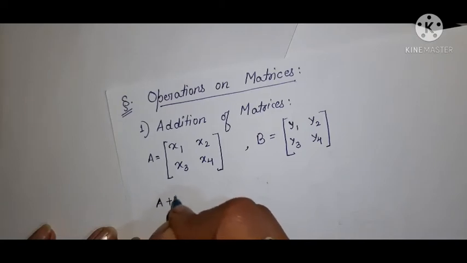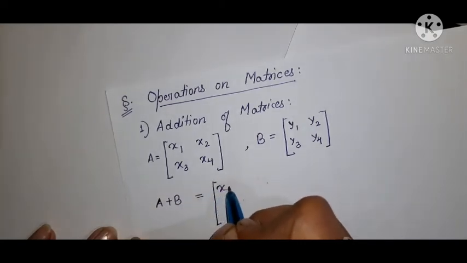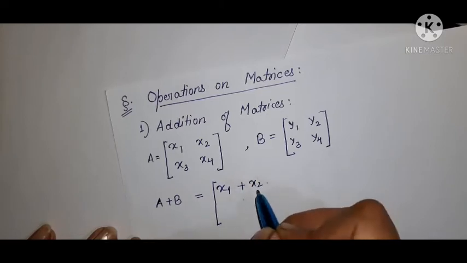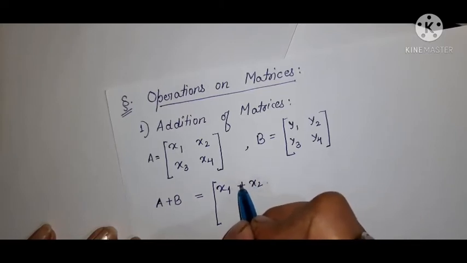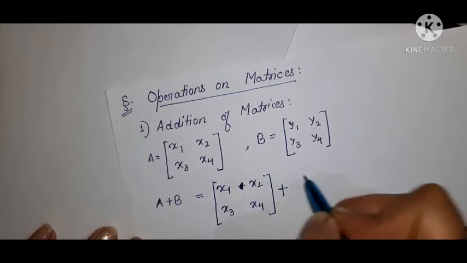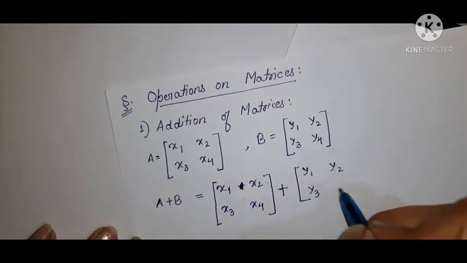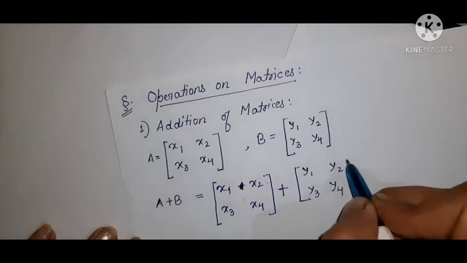A plus B will be defined as x1, x2, x3, x4 plus y1, y2, y3, y4,